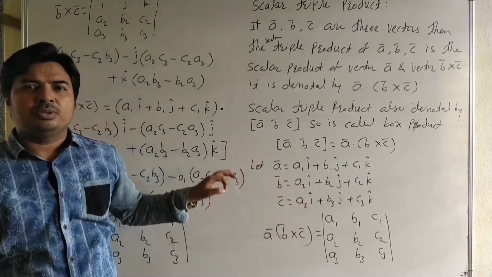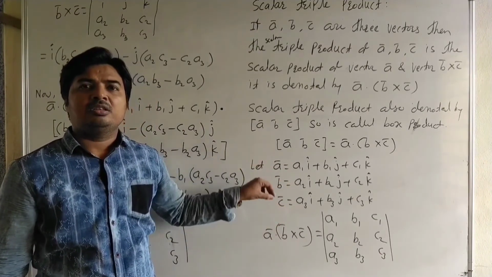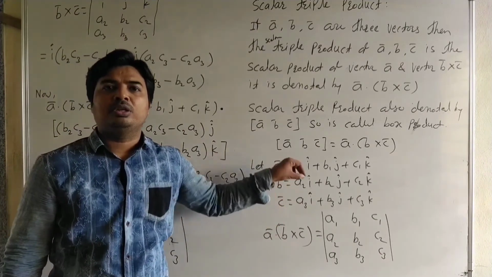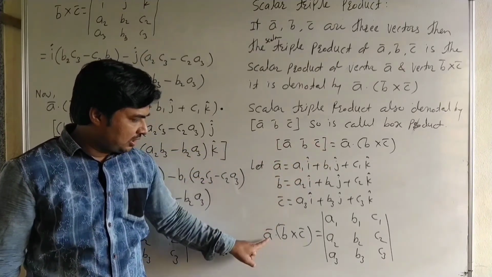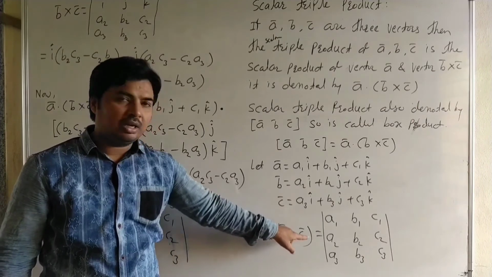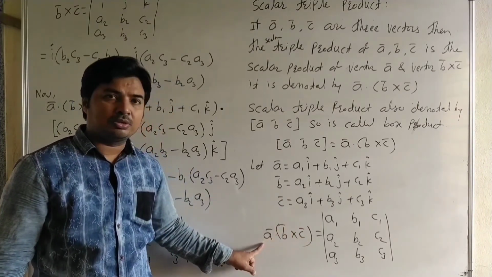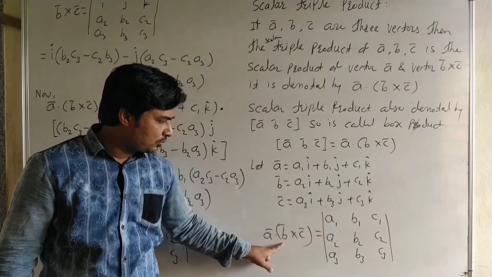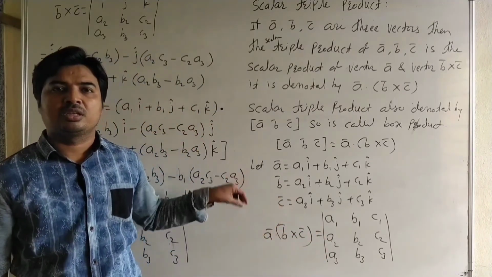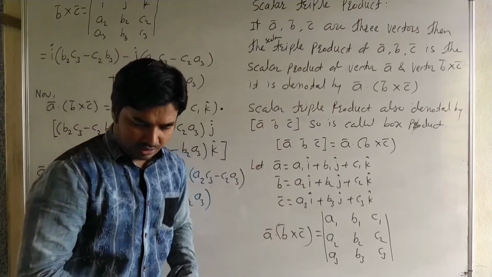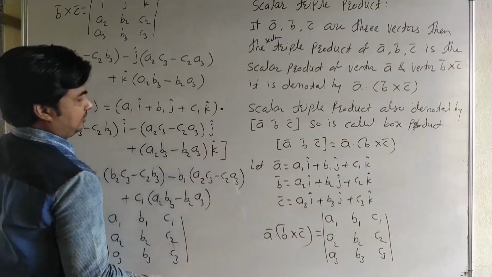Now examples are very simple. We get three vectors, just find the determinant of the components of those vectors. But here order is important. It is first vector A bar, second B bar and third C bar. First row is the component of the first vector, second row is the component of the second vector, and third row is the component of the third vector in the scalar triple product. Okay, now we see one example on this.